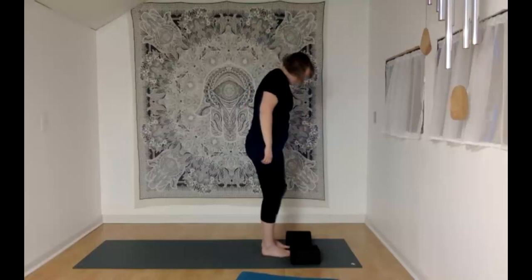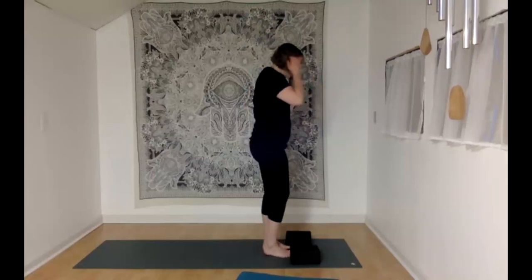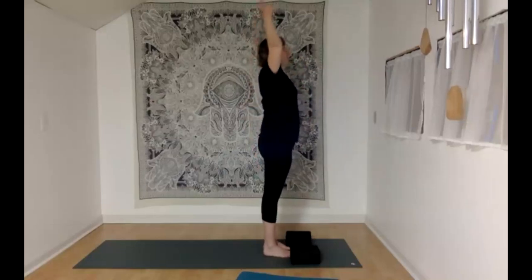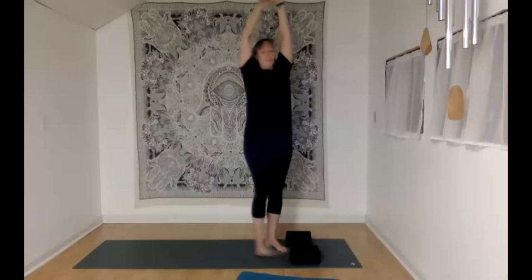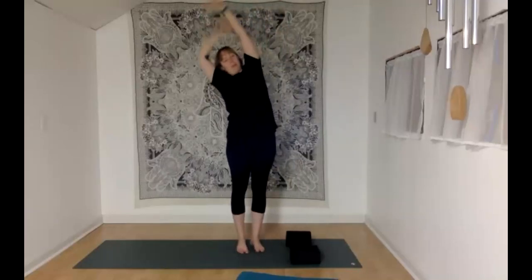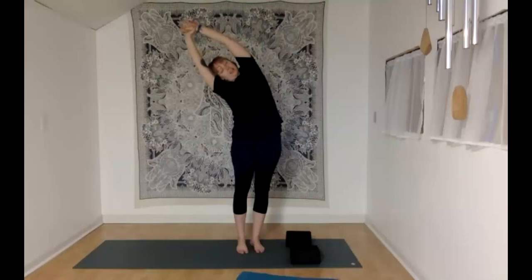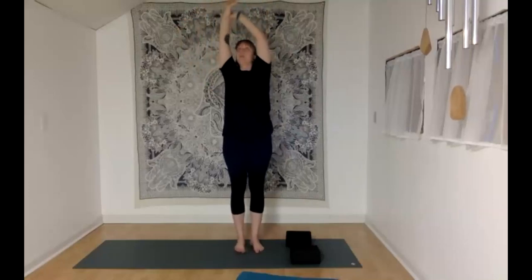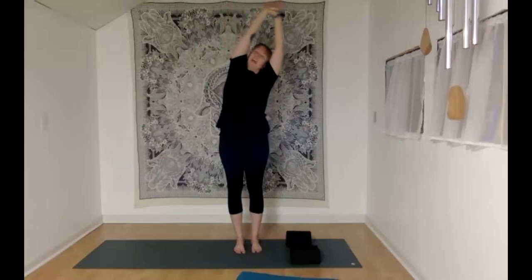Coming back down, stepping both feet to the ground here. Let's take a breath in as we reach both hands high. Exhale, side bend to the right, grabbing hold of the left wrist and bending to the right. Inhale, come on up to center, switch the grip, holding onto the right wrist or arm, and exhale, side bend